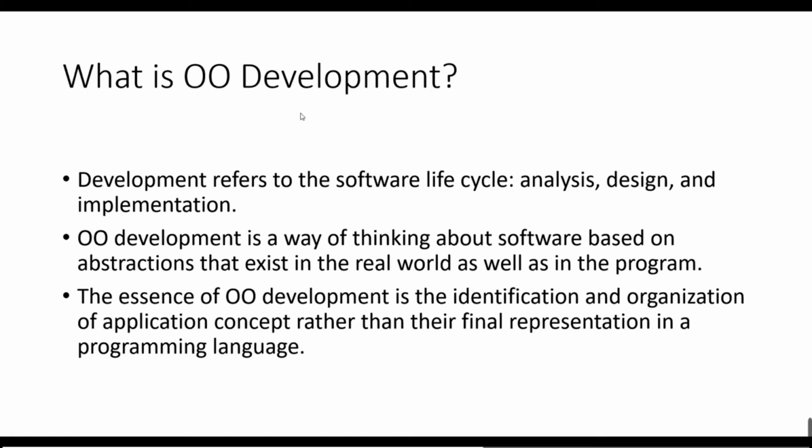So, what is OO development? Development usually refers to the software life cycle from analysis to design and implementation. And OO development is a way of thinking about software based on abstraction that exists in the real world as well as in the program. It means that OO development is a kind of method for understanding the software, and